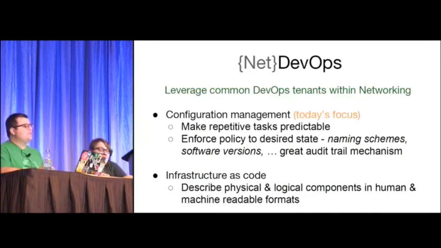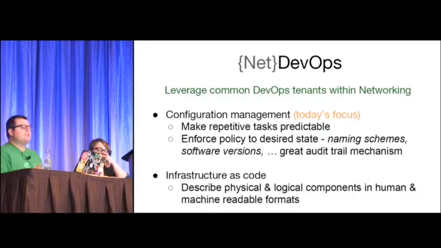Computers are really good at mundane work, and it turns out that configuration is pretty boring. Network engineers, your value is bringing architecture, design, scaling, monitoring. It's not cutting and pasting from Notepad into a CLI. Right? When you're provisioning new equipment, or you're replacing equipment, or you're doing expansion,